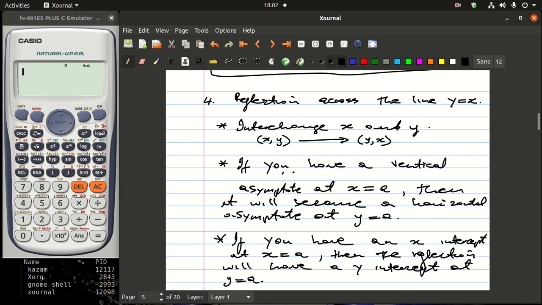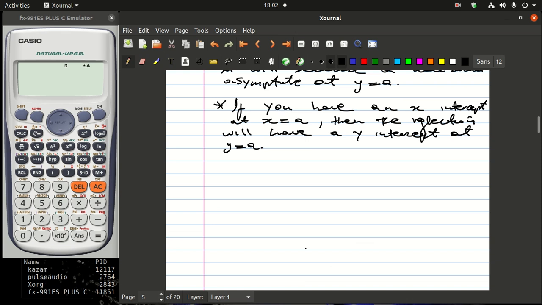And also if you have a y-intercept at a, then the reflection will have an x-intercept at x is equal to a. That's what is important here. And then the last thing that is important,